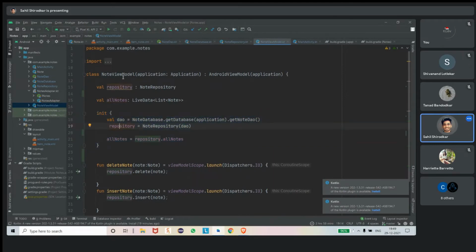So whenever a new instance or object of NoteViewModel is created, it will automatically create a DAO.